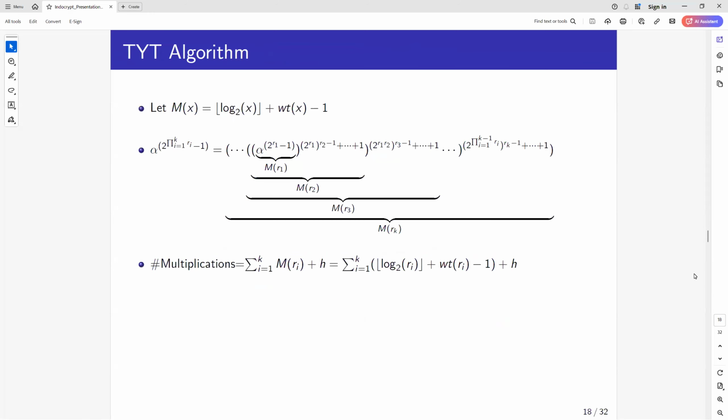Okay, so for the remaining exponentiation, suppose I express it as mx equals log 2x plus weight x minus 1. So for each of those exponentiations, it needs MR1, MR2, MR3, MRk many multiplications. So the total number of multiplications in this case is the summation of log 2 ri plus weight ri minus 1, plus h. And later it got